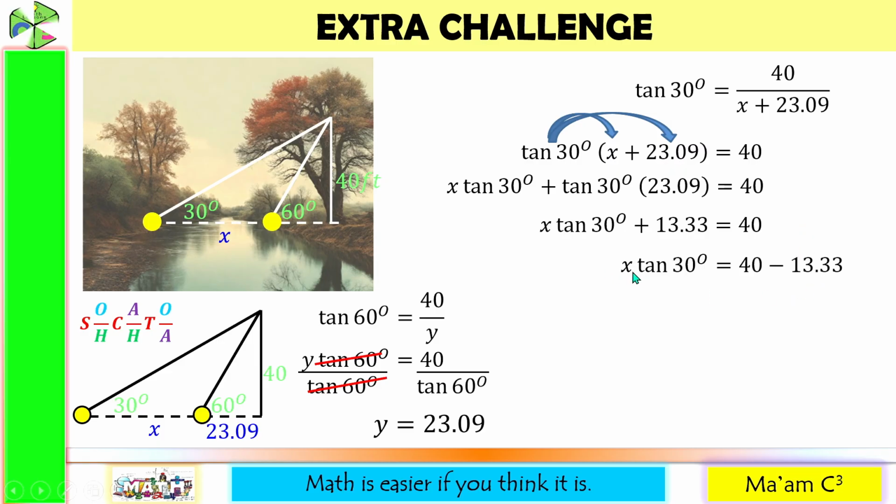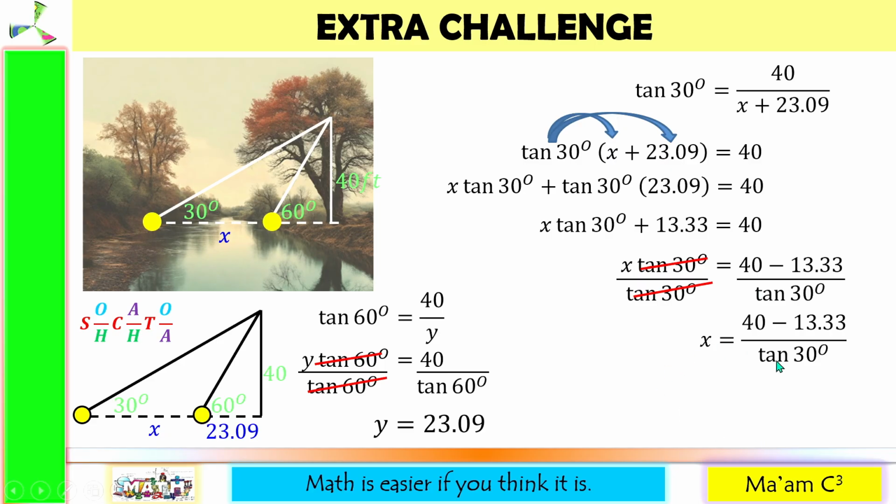Since we are after the value of x, let us divide both sides by tangent 30 degrees. These two will cancel out. So x is equal to 40 minus 13.33 divided by tangent 30 degrees. Do it in your calculator. It should be equal to 46.19. So the width of the river is